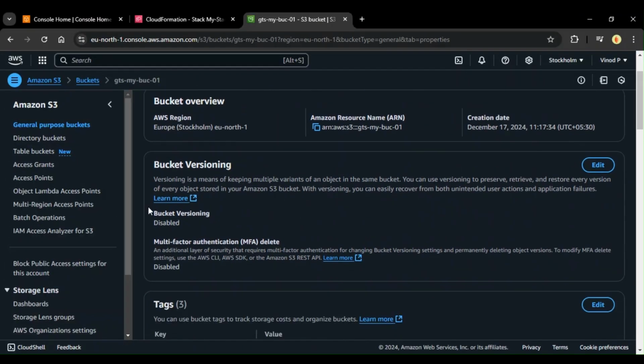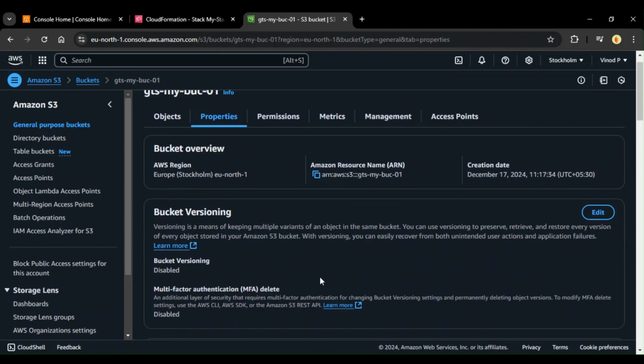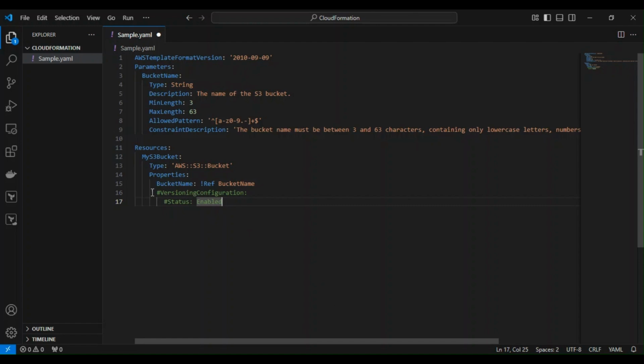Also, you can see that bucket versioning is disabled because here you can see these two lines, versioning configuration status enabled. I disabled these two lines. So now I'm going to enable these two, save it, and